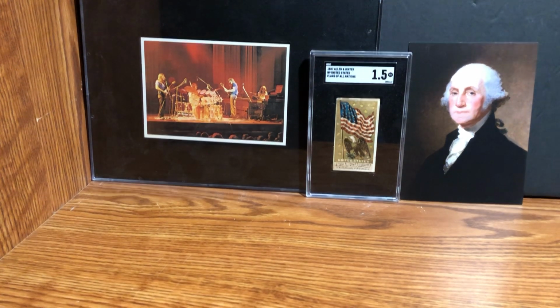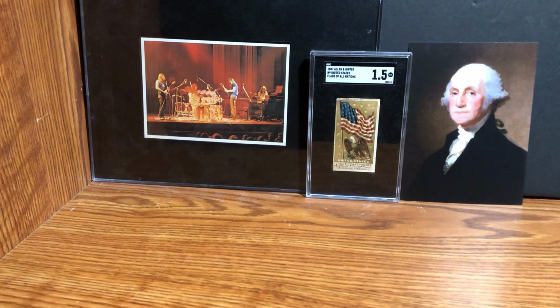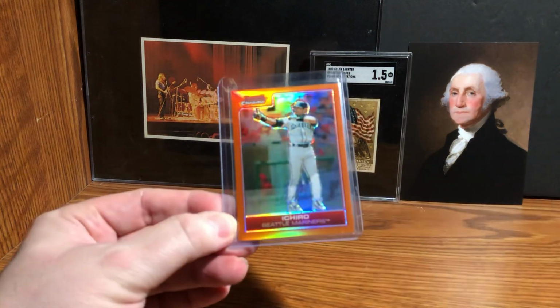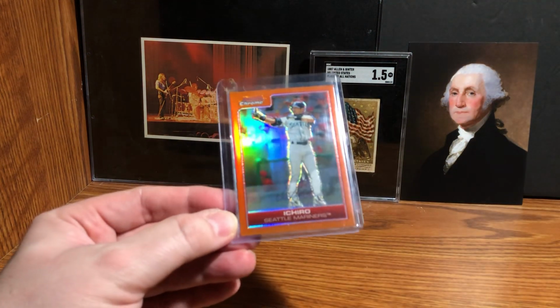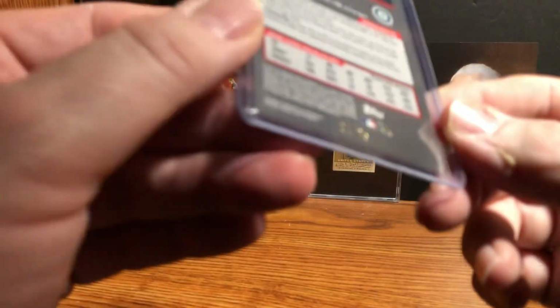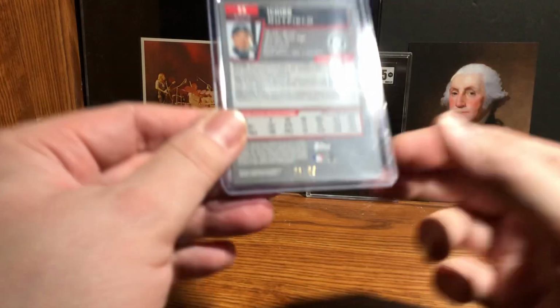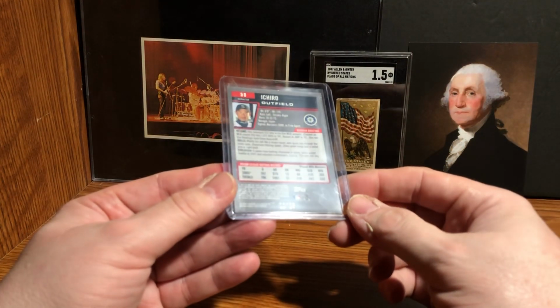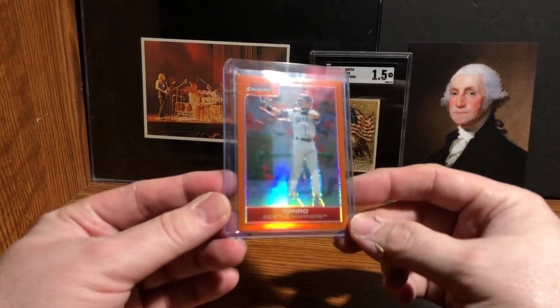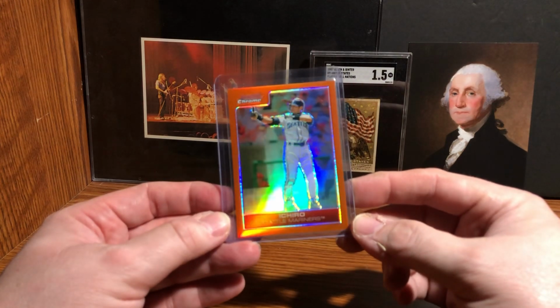And the other card that he sold me, he made me a Godfather offer, an offer I couldn't refuse, because normally this would not be in my wheelhouse, but it's from 2006 Bowman Chrome, and it's an orange refractor. And this is just a blazer. I mean, these are numbered to 25. These can get really pricey. This particular was not pricey. Like I said, he made me a Godfather offer,